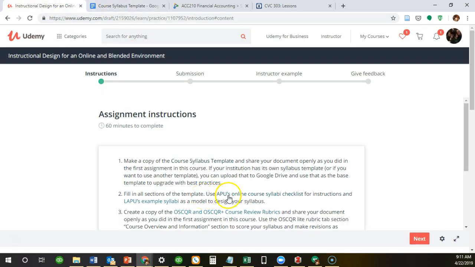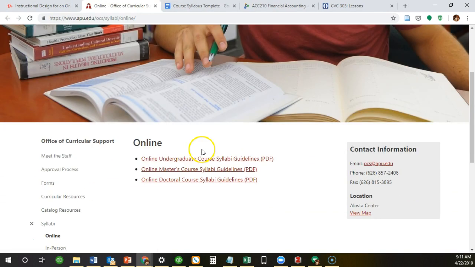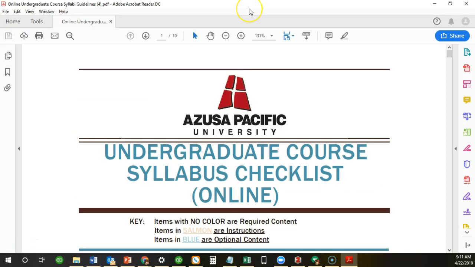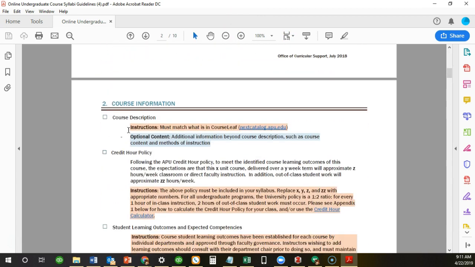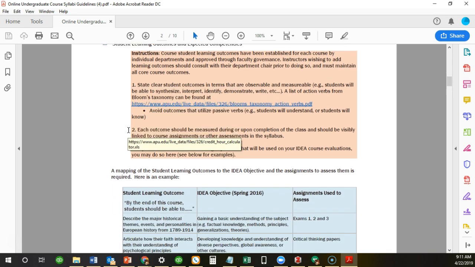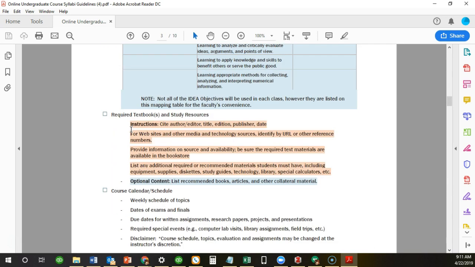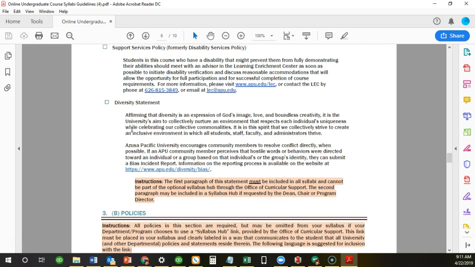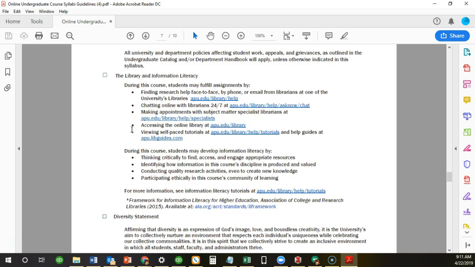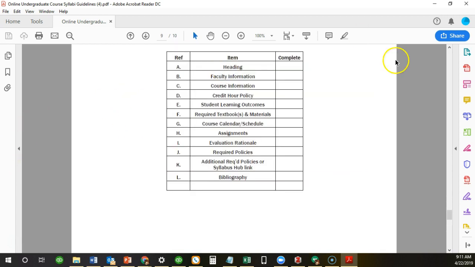and then you can look at this LAPU example syllabi, and APU has a course syllabus checklist that is really helpful. You can look through their checklist, and they have a lot of items here of things to include, and you can go through. APU is a faith-based organization, so there may not be all the things that you include, but they're using a lot of the best practices. So you can look at this and figure out what sort of statements you want to include in there,